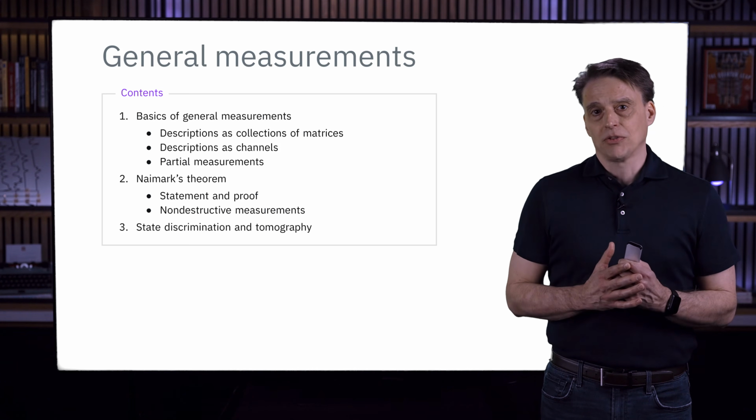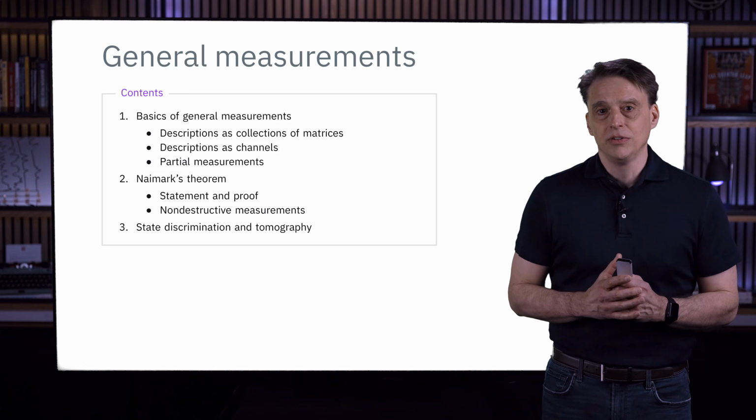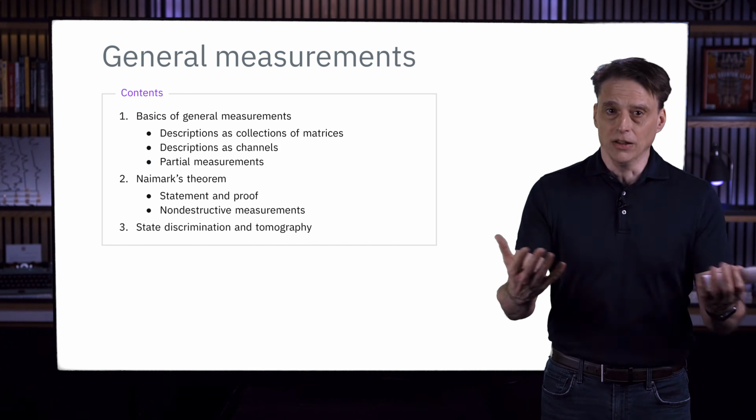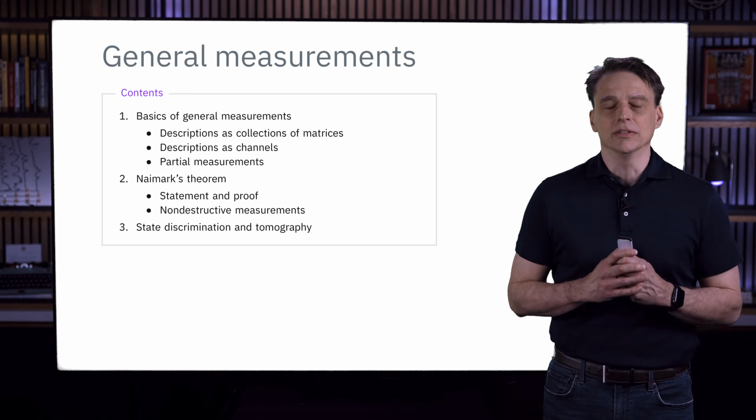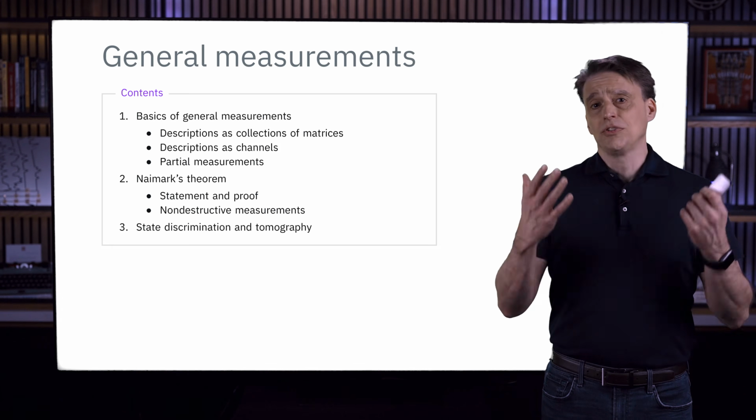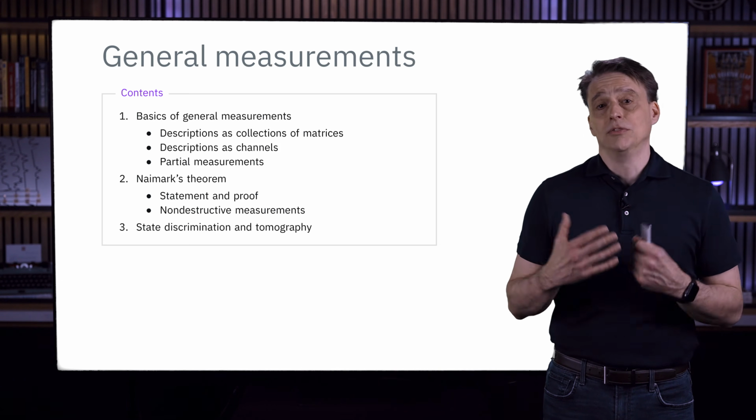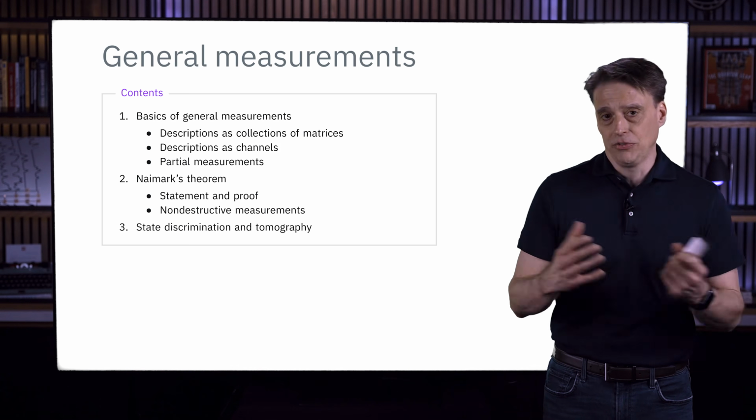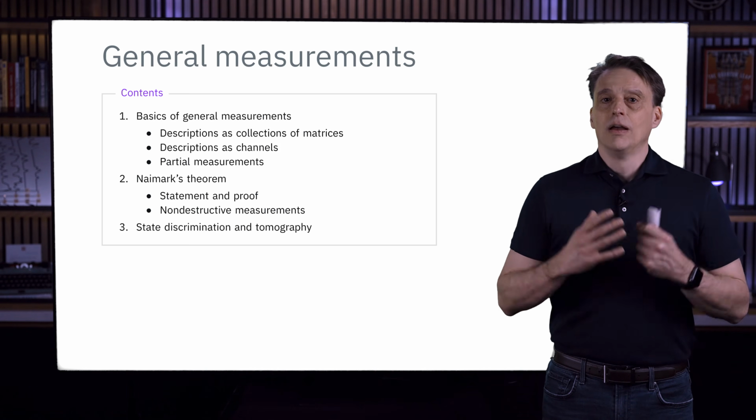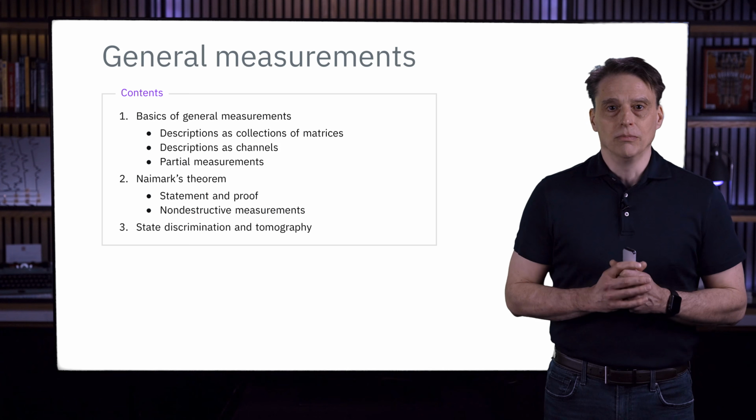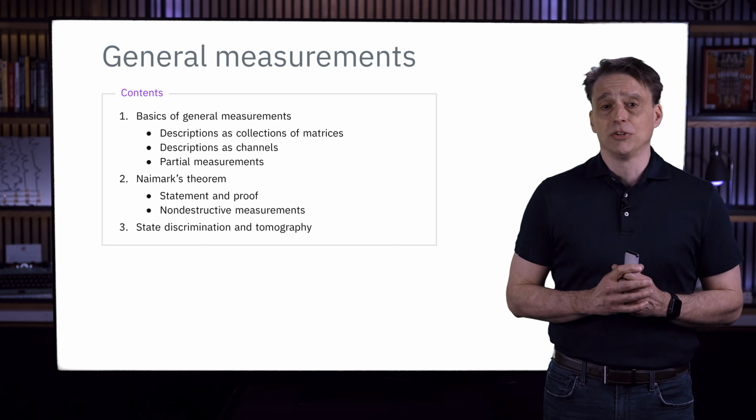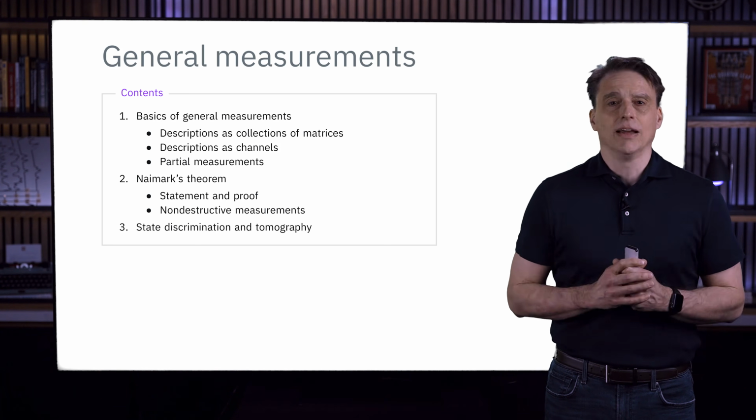In particular, we can describe measurements by collections of matrices, and we can also describe them as channels, which I alluded to in the previous lesson. We'll also discuss partial measurements, or in other words, measurements that are performed on just one part of a larger compound system. Then we'll move on to Naimark's theorem, which is a fundamental fact concerning measurements that basically says that general measurements